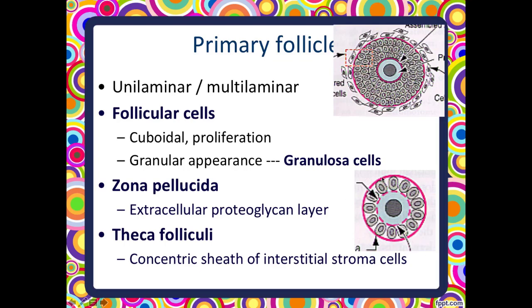These cells are still follicular cells, but their cytoplasm starts to appear granular. So they are called the granulosa cells. That's the same as follicular cells. It's just a different name, but those cells are still the same. So the unilaminar primary follicle is made by one layer of granulosa cells surrounding the oocyte, and between the